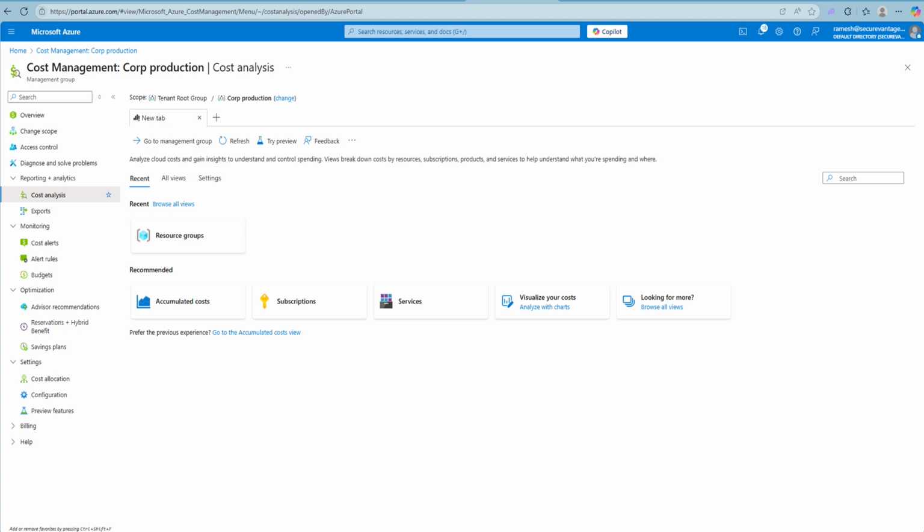As you scroll through the dashboard, you will find the recent section, which gives you quick access to views you previously explored, such as costs by resource group. This helps you pick up right where you left off without starting from scratch. Just below that, Azure highlights recommended views to help you gain immediate insights. For example,